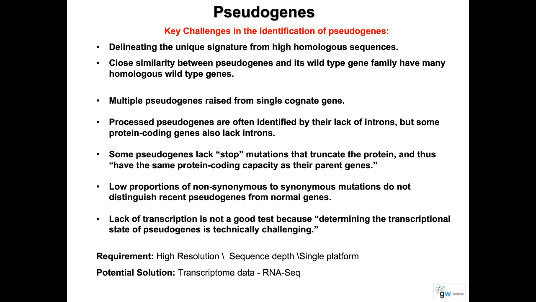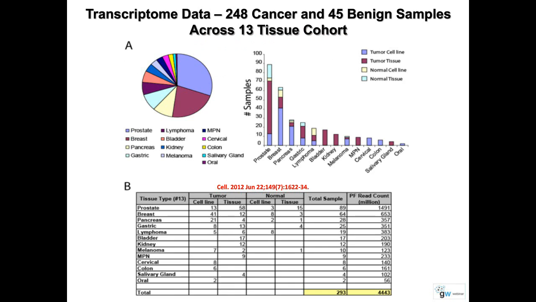So I think that is enough for the introduction. I will show what we have done in our analysis. This is for the first time: in 2002, we published this work in Cell, where we built a compendium of about 248 cancer samples with matched benign samples across 13 different solid cancers, including a large number of cases for prostate. And we did an extensive analysis of the expression of pseudogenes.